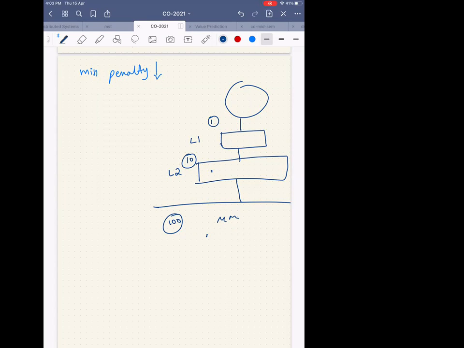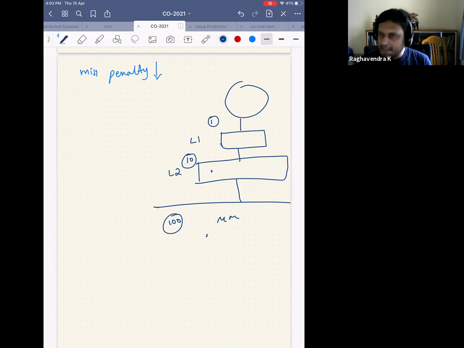So I have told you the answer. Suppose you're on the L1 level, so now your miss penalty is 10 cycles instead of 100 cycles. In general, it's 10 cycles, but it's not always 10 cycles. That's why they say, if I have multi-levels of cache, the miss penalty reduces. Now, if you think about L1 cache, can you tell me what's the formula for average memory access time of L1?